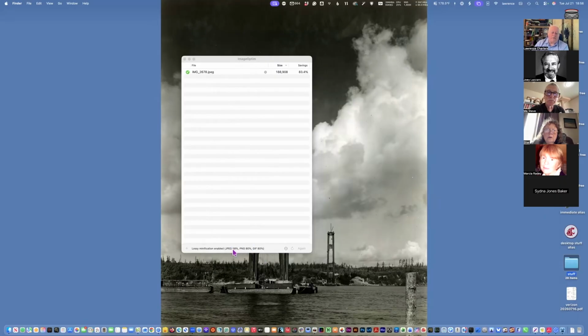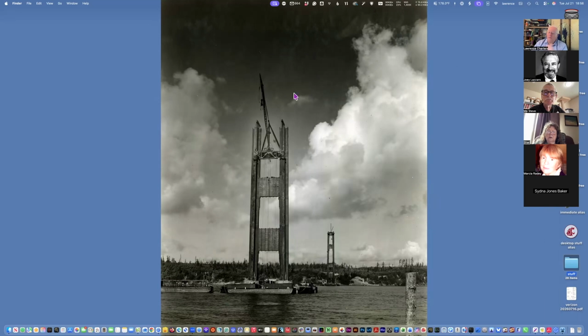You can also do it in a variety of different formats. You can turn it into a PNG, a GIF, and so on. So that's ImageOptim. It's another way of squishing things down so that you can send it through email. I highly recommend this when you're sending things out through email, because otherwise it drives people up bonkers when they have